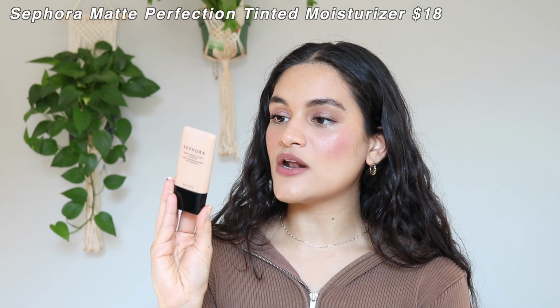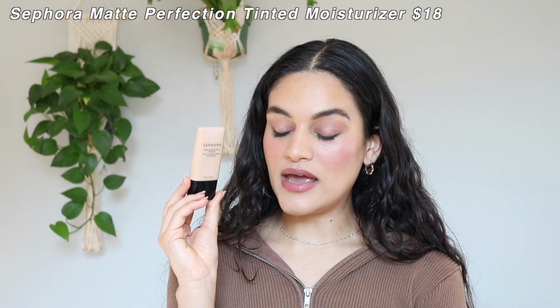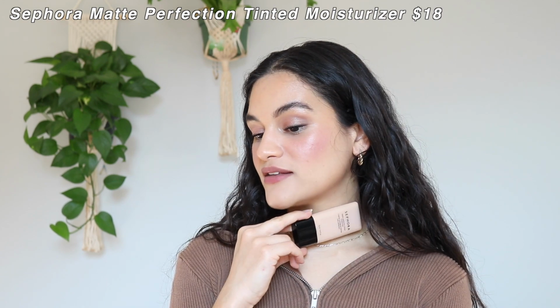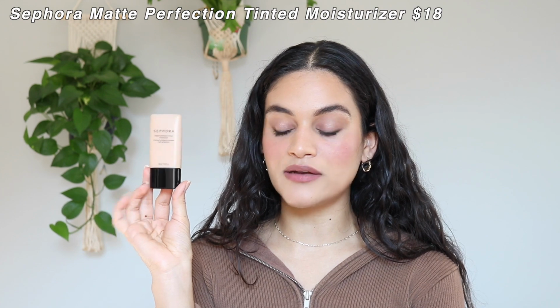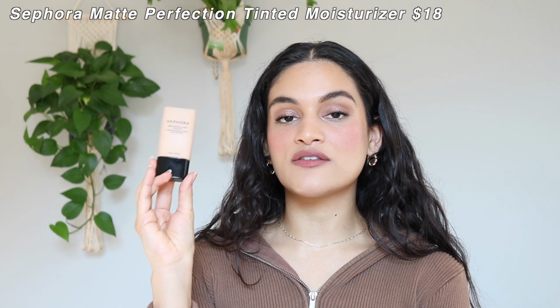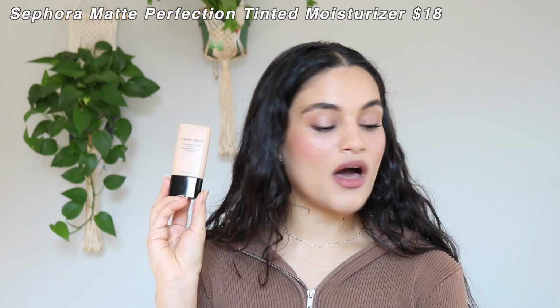I picked this one up in 07 Linen. I was kind of torn between this shade and 08, but I ended up going with this shade, and it's like a perfect shade match, so I'm really happy that I did this one. The entire Sephora collection was 30% off instead of 20% off, so I did pick up a few other things